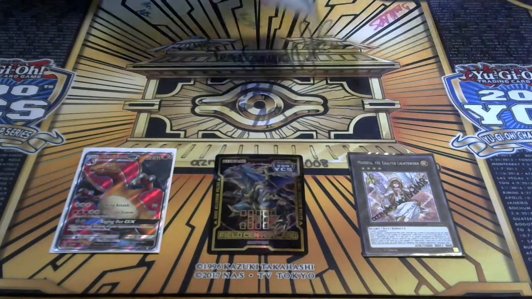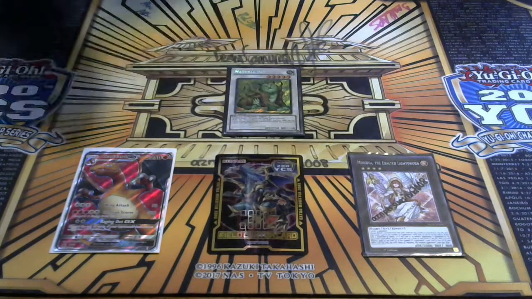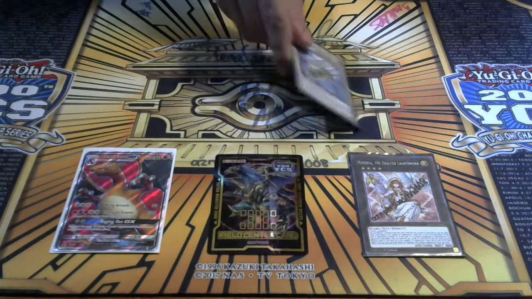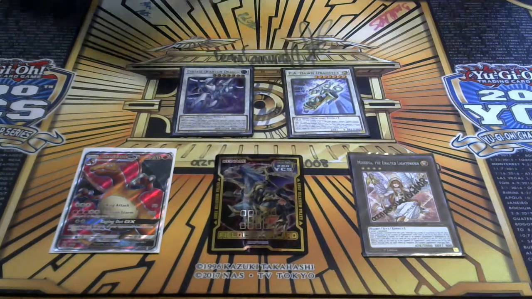For the synchros, I play one Interior Beast. Interior Beast is good against pendulums. It's good against heavy spell decks. It's one of the best cards to play. For the 7s, one FA Dawn Dragster and then one Cerberus Quantum Dragon, or Cyberus Quantum Dragon, if that's how